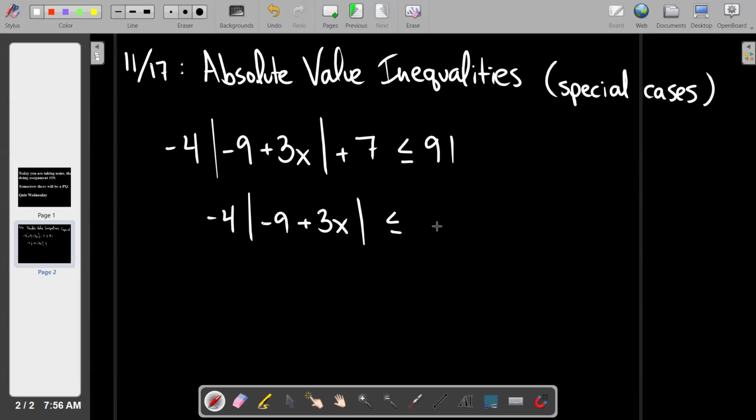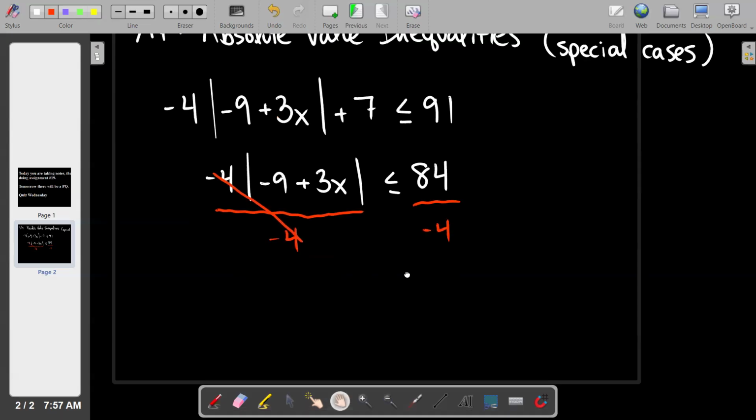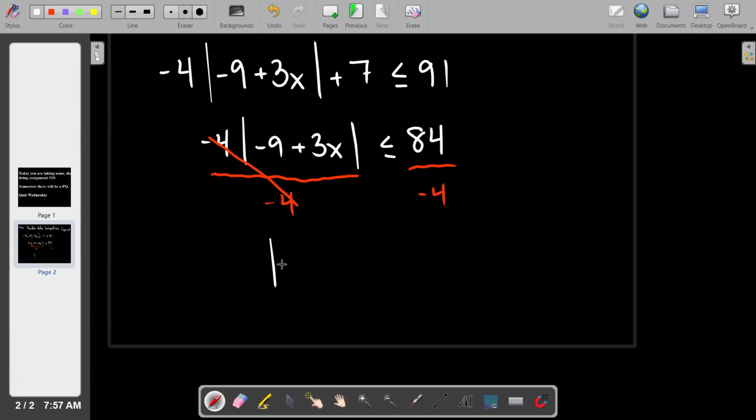Are you guys just giving me the silent treatment, or is no one capable of handling 91 minus 7? Did you say 84? Did that come from back there? Thank you. Everyone was giving me the silent treatment. You guys are freaking me out. Now what? Oh yeah. So if we divide, and I'm going to show my work on this step just because we're about to do something funky. If we divide by a negative, what do we have to remember? Switch that sign. So we have the absolute value of -9 plus 3x is greater than or equal to,